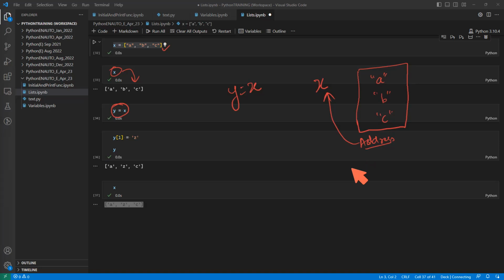Address. The answer is the latter, which is address. So when I run this line of code, y equal to x, I am just assigning or transferring the address from x to y. Fine. And to check that,